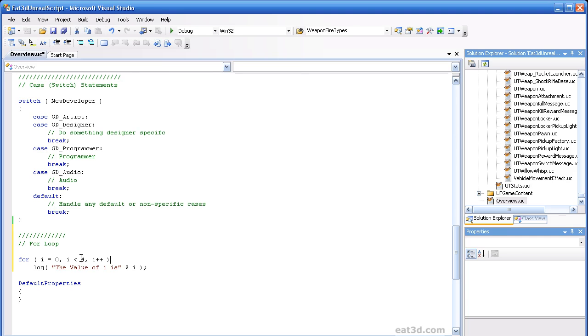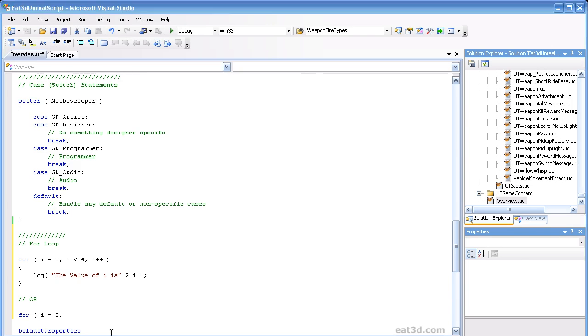You probably will see, in most cases, even if it is a single line of execution, a lot of times people will still put in the curly braces, maybe out of habit or out of convention. A lot of studios will have their own coding standards, and some of them will require using the curly braces regardless of how many lines the for loop is actually executing. So just keep that in mind. It is optional with a single line, but if you're going to have more than one line, then you have to have the curly braces. So we'll go ahead and real quickly put up the other case, just showing multiple lines of execution.